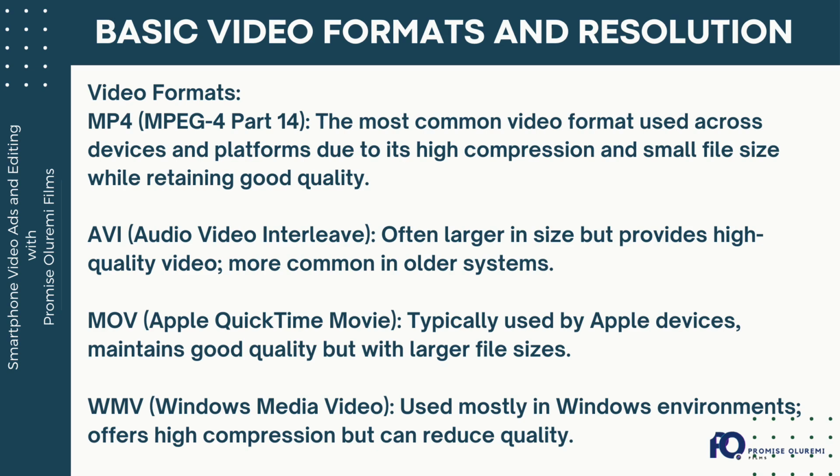We have the audio video interleave, AVI. It's larger in size, but it actually provides high quality video, and it's more common in the older systems. Then we have the MOV as well. MOV is typically used for Apple devices, and it maintains good quality but with larger file size. Most of the cinema movies are always exported